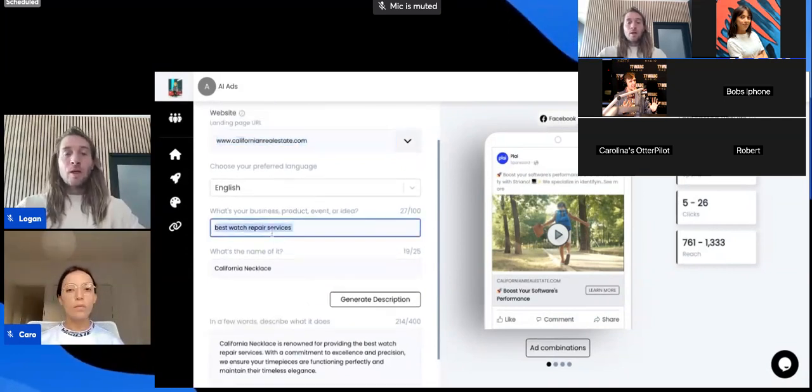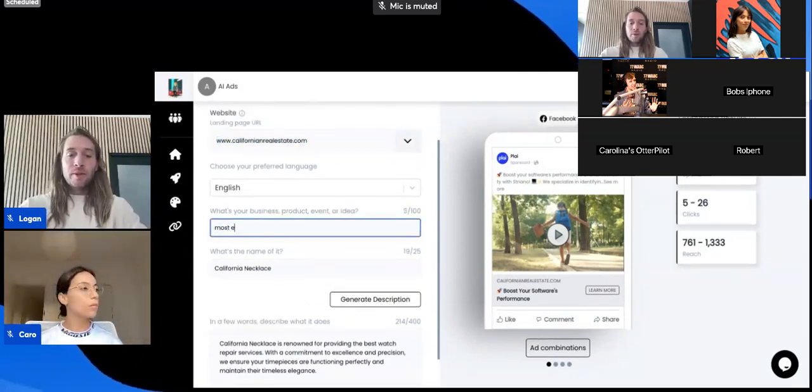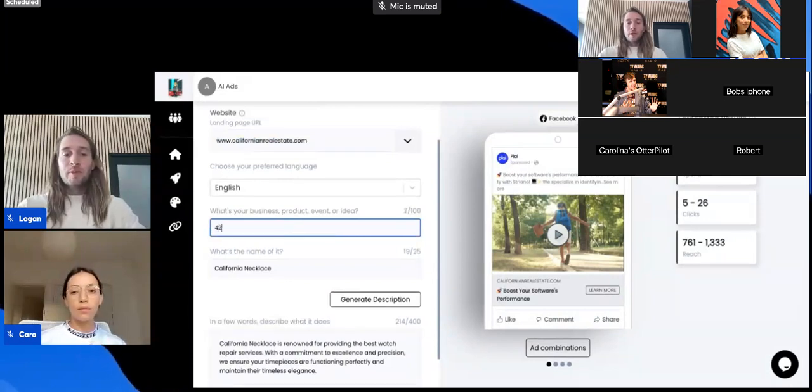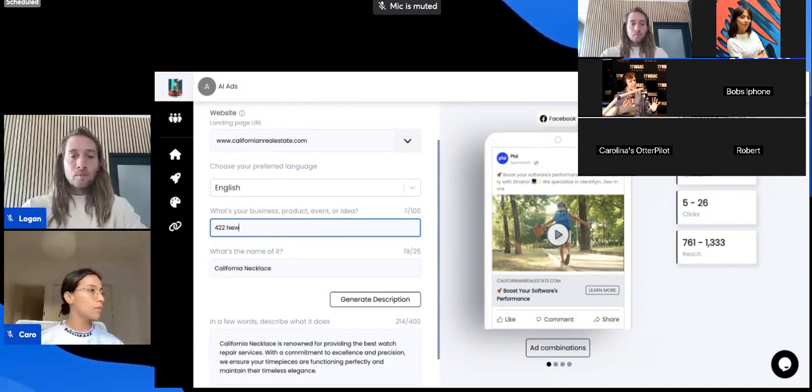So yes, you can just do most experienced real estate agent in, you know, in LA, for example. You can do that and run that campaign. But what you can also do is promote specific properties. Like you can do 422 Newport Way, oceanfront home,